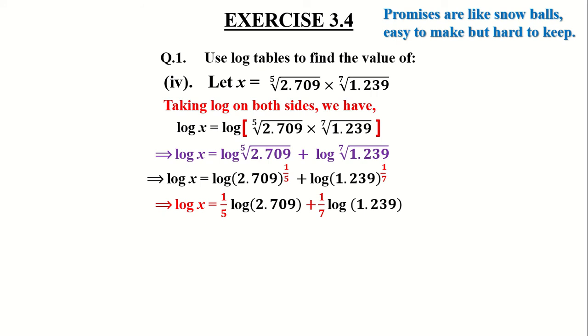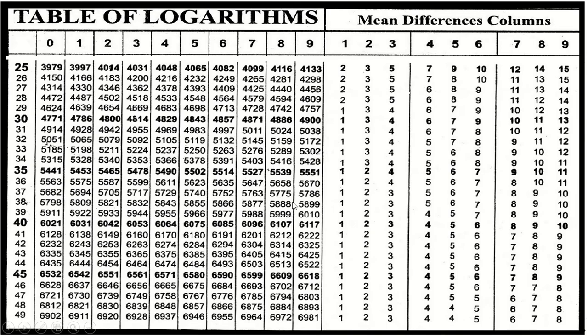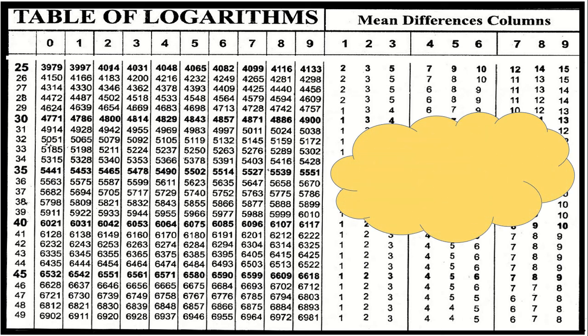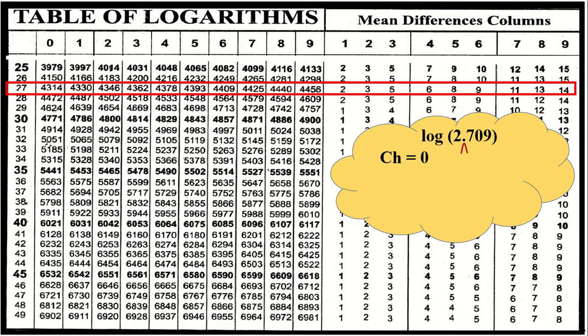First of all, we are required to find log of 2.709. Consider the decimal point is on the reference position. The reference position is a place after the first non-zero digit, and the decimal point is on the reference position. So the characteristic is 0. Mantissa: